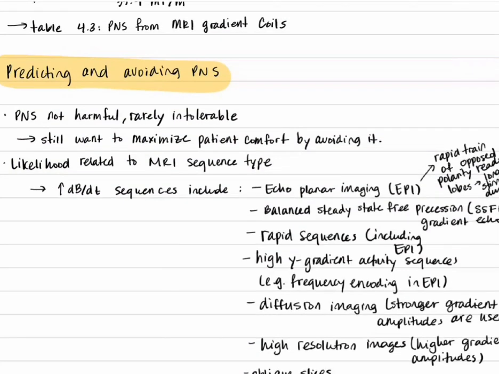So how can we predict and avoid PNS? First of all, we need to consider that it's not necessarily harmful, and most of the time it's not even intolerable or that unpleasant, but we do want to maximize the patient comfort by avoiding it. So the likelihood of PNS does change in relation to the type of MRI